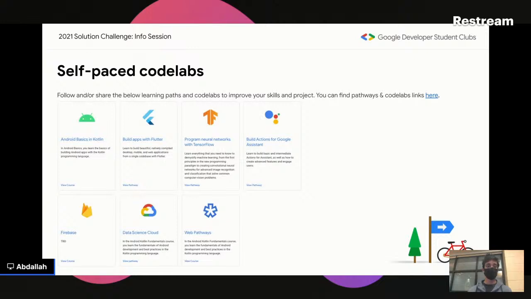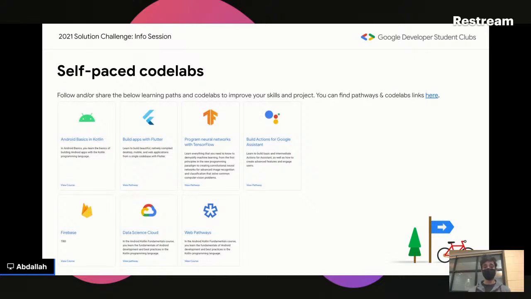We understand that some of you might not be familiar with all the technologies you need for your solution right off the bat, but that's okay. Google gives these things called codelabs, for technologies like Flutter, TensorFlow, Google Assistant, Google Cloud.